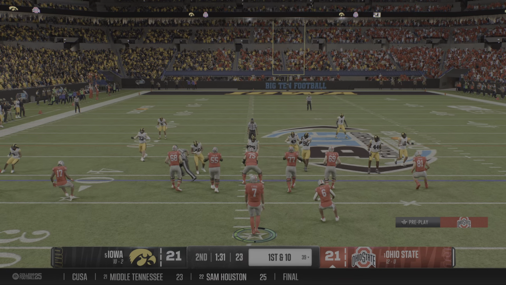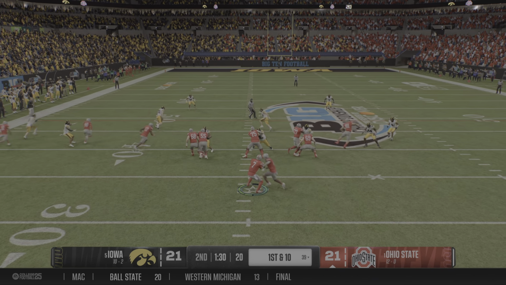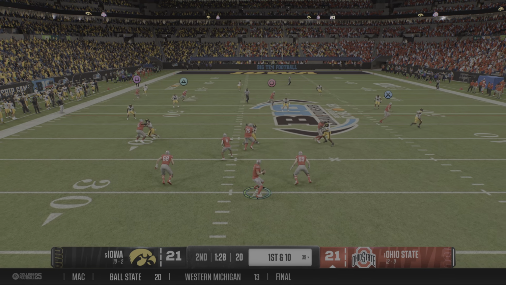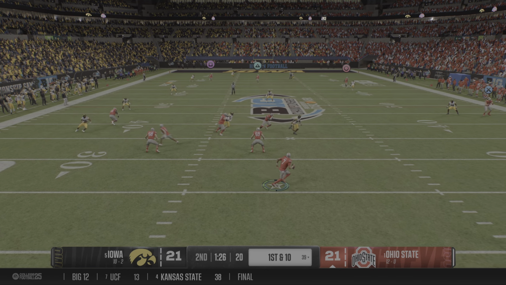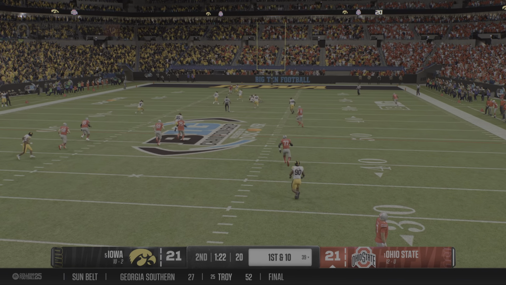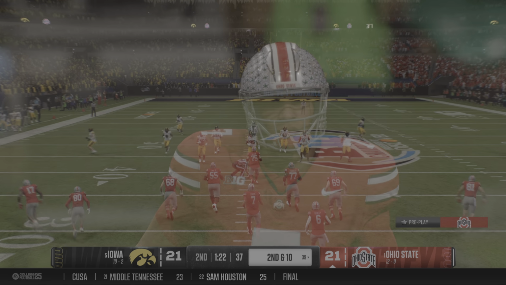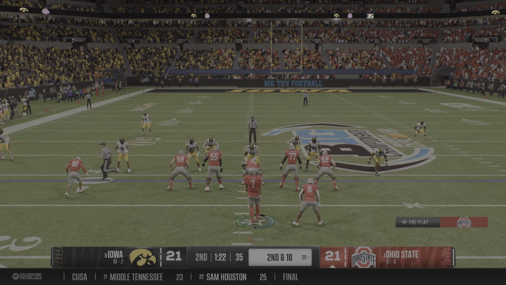Here comes the Buckeye offense onto the field. The passing game was so effective in the last possession, right down for a touchdown. We'll see if the defense can make adjustments. He's moving out of the pocket. He lets it go on the move, looking deep. And the pass is dropped. Would have been a big game, but he couldn't hold on.